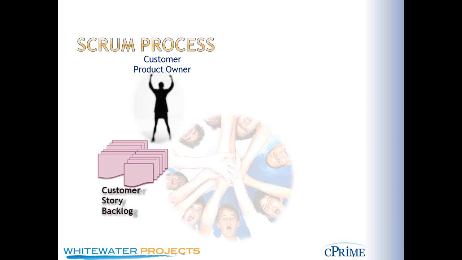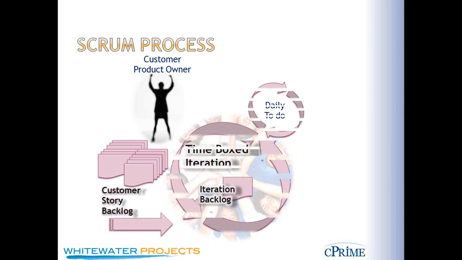So the team of folks who are going to work on that to build it come out and they say, okay, we're going to take these stories, and in this iteration or in this cycle, we think we can deliver on this one, or 2 or 5. And so they use a time box iteration or a cycle of somewhere between 2 and 4 weeks usually, and